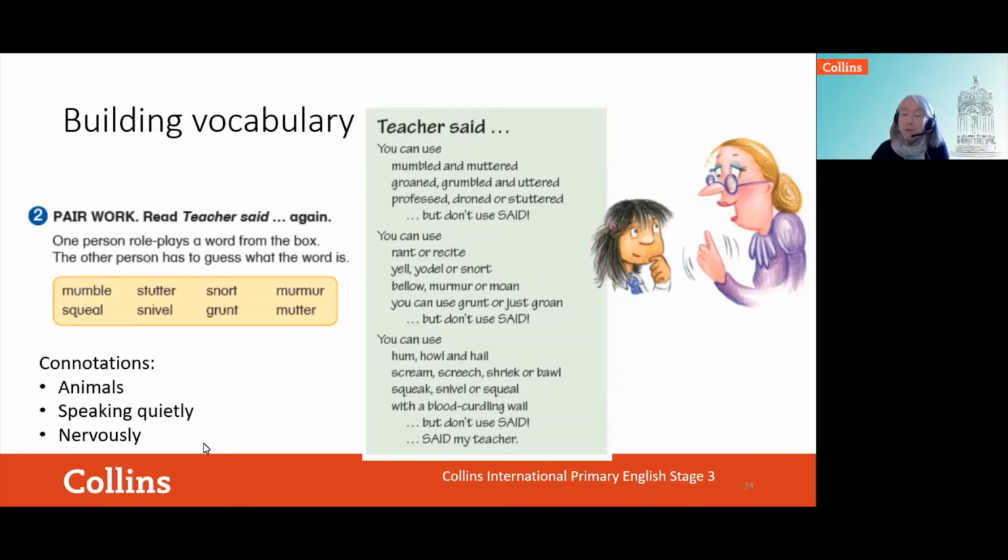Mutter and mumble. And which one carries connotations of speaking nervously? Stutter. Absolutely. So we want children to be doing more than just learning these words. We want them to be learning these connotations and associations and helping them harness their own metacognitive skills to remember